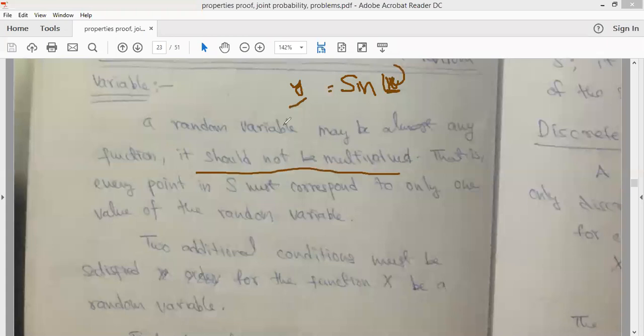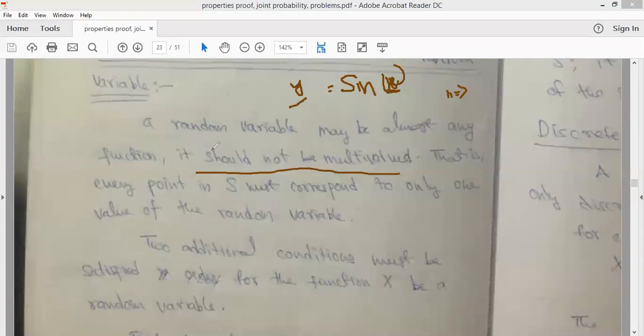Usually, whatever function we take, all the functions are single valued only; it will not be multi-valued. Multi-valued means that for a particular value you would have two results. If you substitute any value here, you will get only one result. Maybe this result will repeat for different values, and that is not a problem. The only problem is if you get more than one result for a particular input. That is the condition.